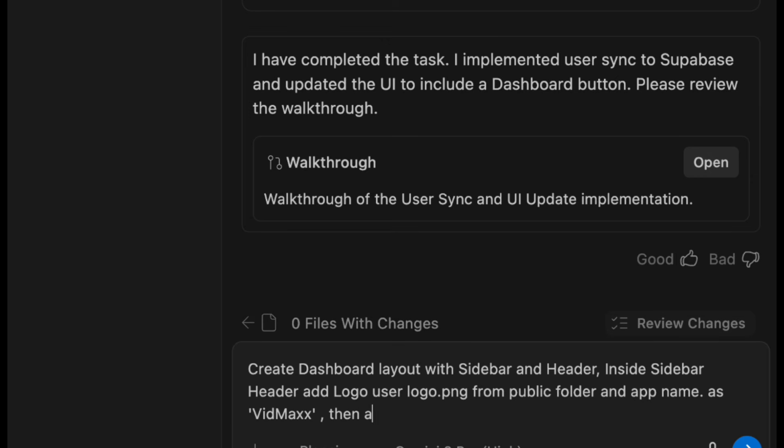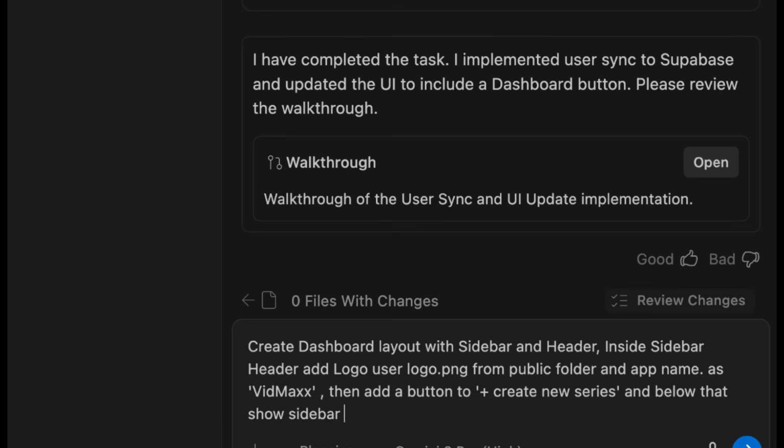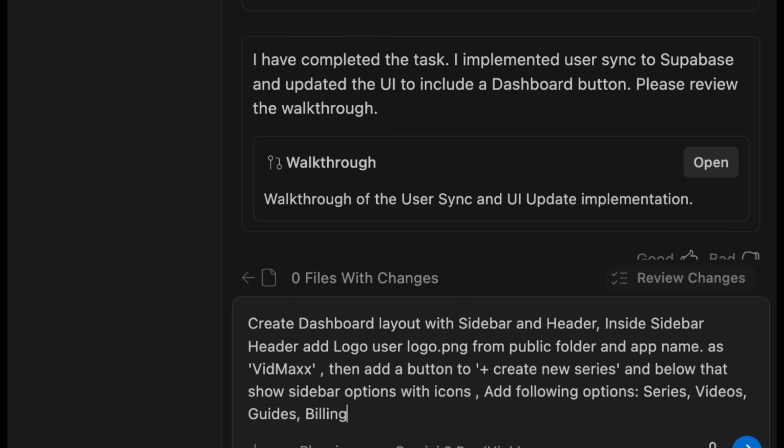Then add a button to create new series, and below that show sidebar options with icon. Add following options. Now whichever option you want to add, you can just tell. So first we'll say series, then videos, guides, billing, settings,